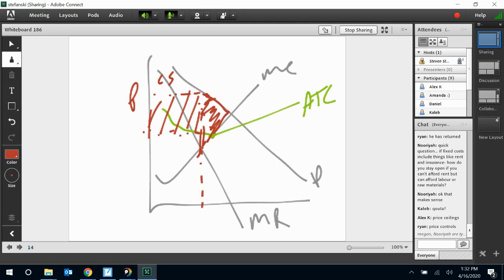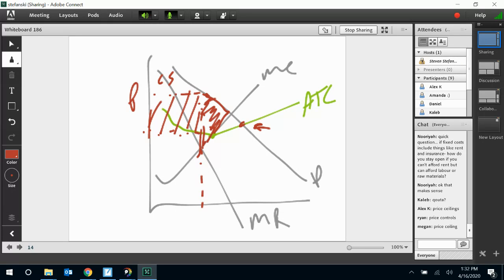Not quotas, they'll put in price ceilings. They'll put in a price control, price ceilings. Many times they'll put the price ceiling right here, okay? By doing that right here, essentially there's no profit. All right, they're at the break even point, but then the government will subsidize them with some sort of